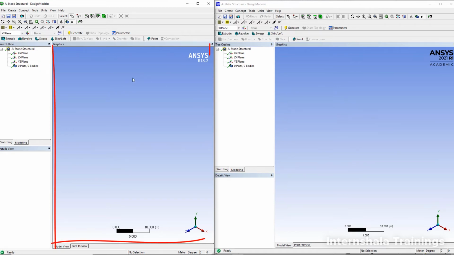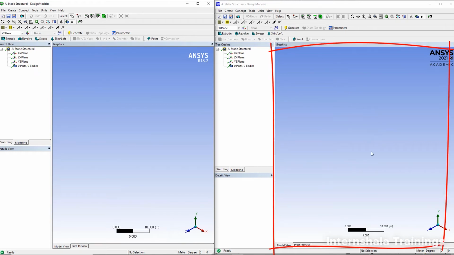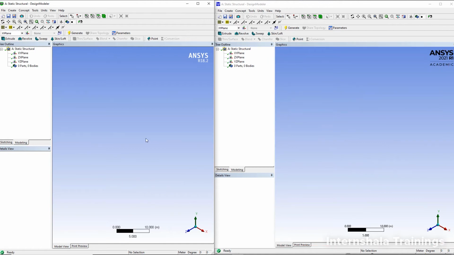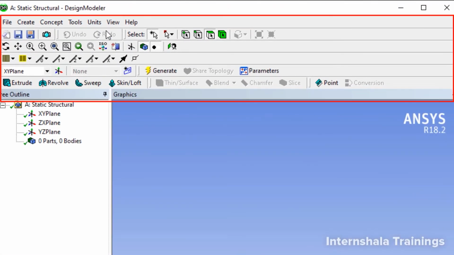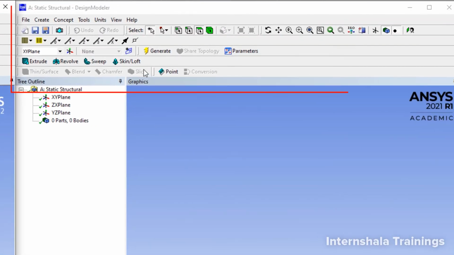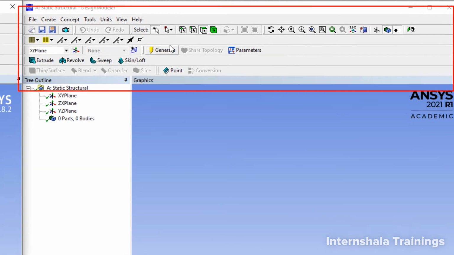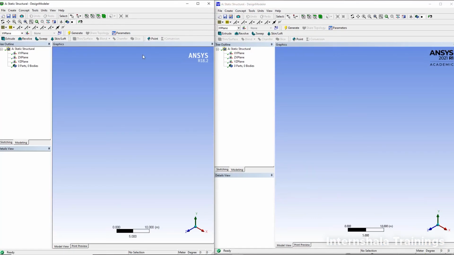If you observe here also, this is the graphic screen in the older version of the software. Here is the graphic screen in the newer version, and whatever options are present in the older version, and even the arrangement of toolbars. These things are called toolbars, and how these toolbars are arranged is exactly the same as in the newer version of the software.